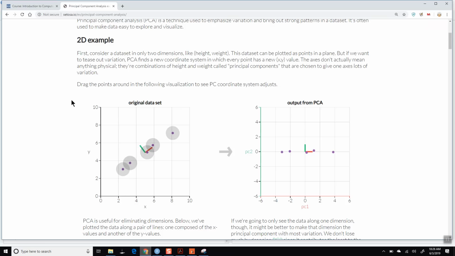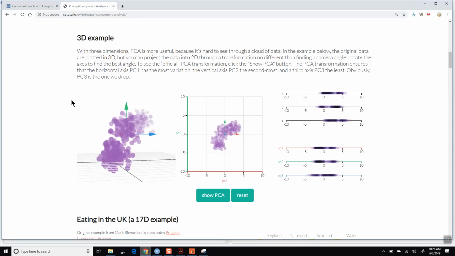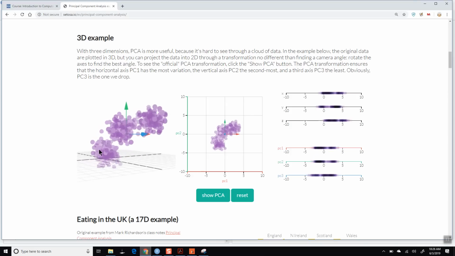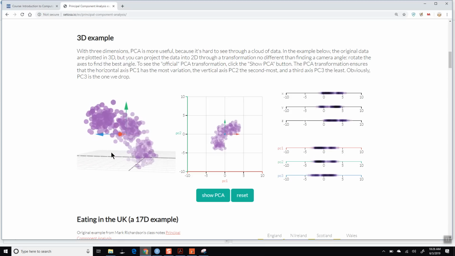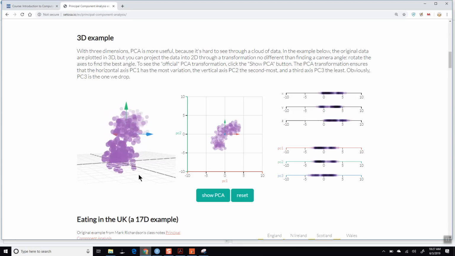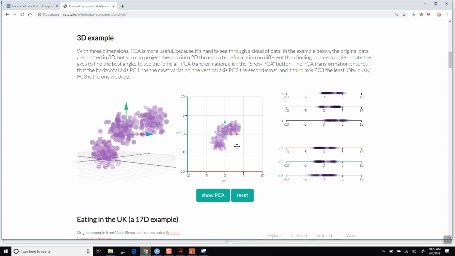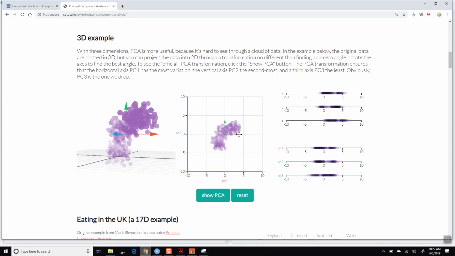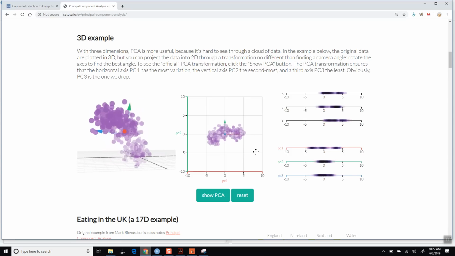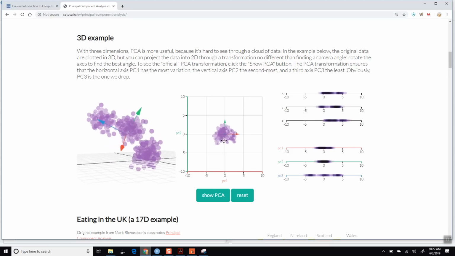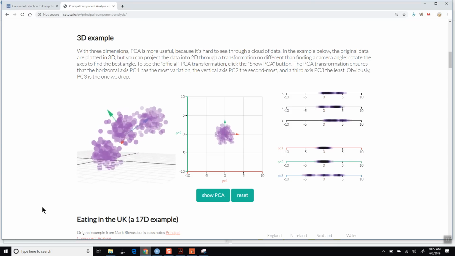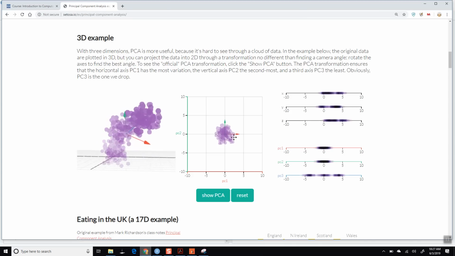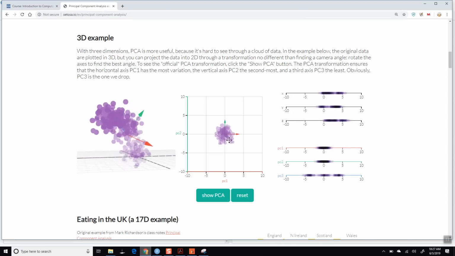There's this cool website which does a 3-dimensional example, all right? And so here is the data in 3 directions. And in order to appreciate the full variation that exists in 3 dimensions, you need a 3-dimensional display of it, okay? And what we can do is look at different projections of the data, like this is a valid projection. If somebody were to shine a light down from this direction, pointing up, this is how the data would appear in one way. But this is not